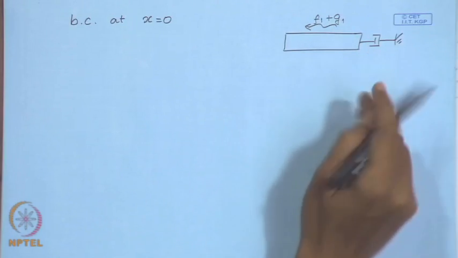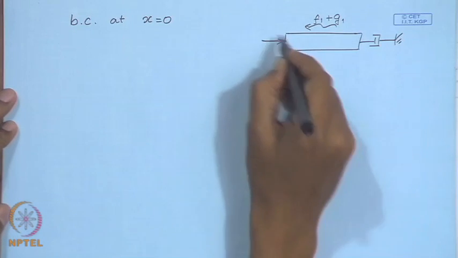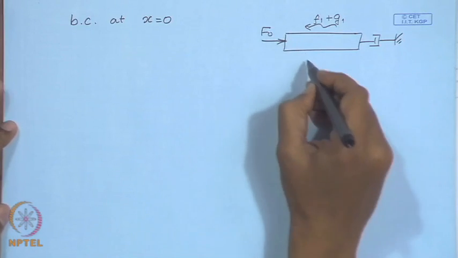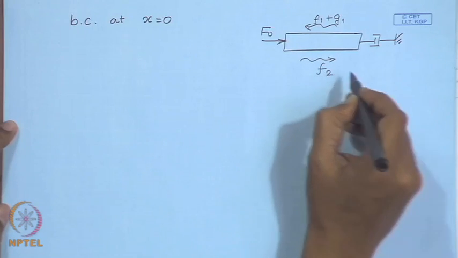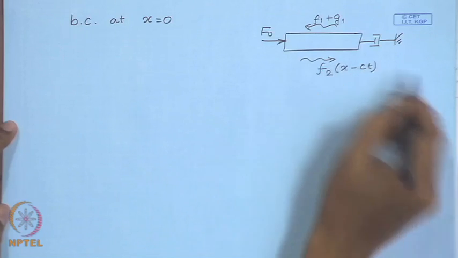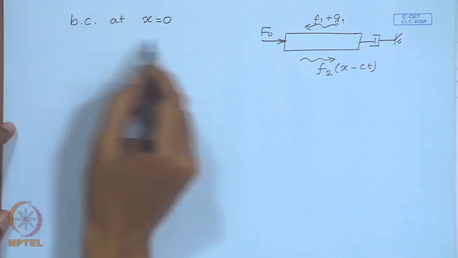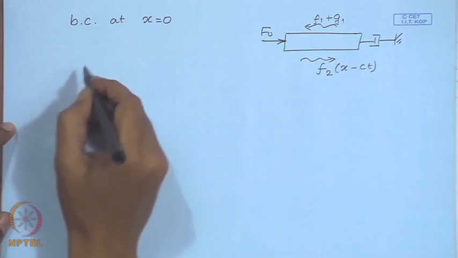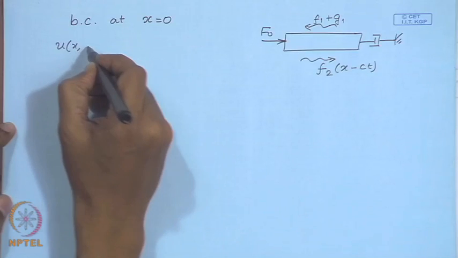I am not again writing the arguments. Now, when it reaches this left end, so this constant force is already acting, then what we have is another reflection of a right propagating wave. Now, the boundary condition at this end. So, the wave field is therefore